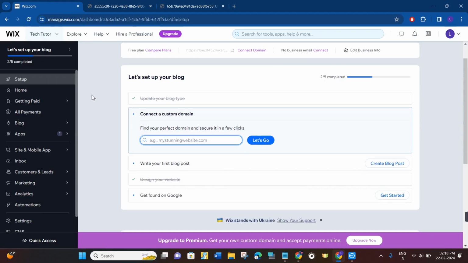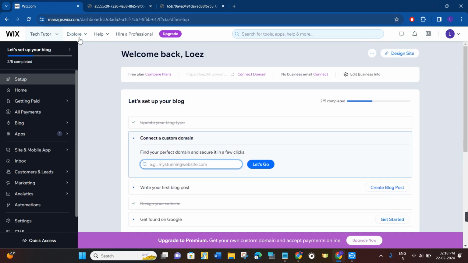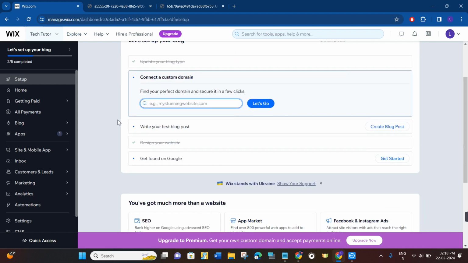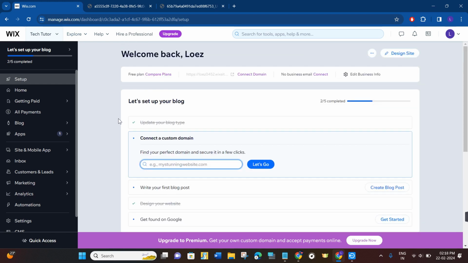For that, first of all, you just have to launch your web browser, and in the search bar of it you will have to type wix.com. After that, you just have to log in into your account by providing your email address and your password. Now once you've successfully logged in, by default you will be on this type of page where you need to